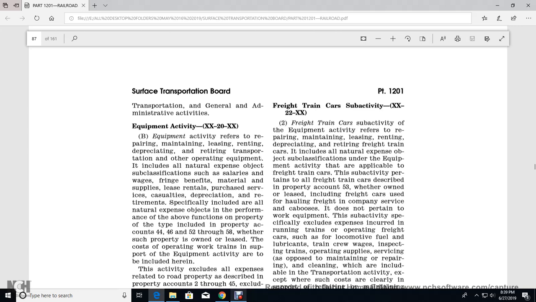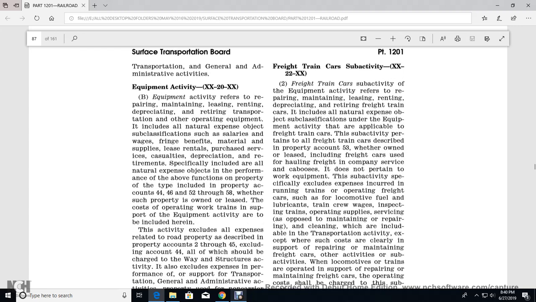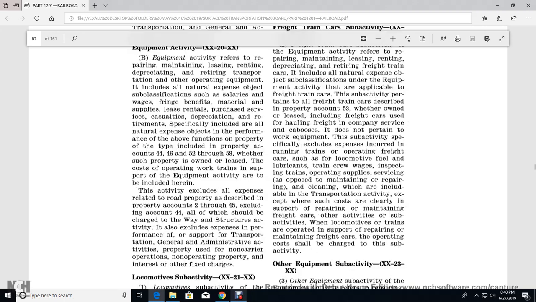account 53, whether owned or leased, including the freight cars due to the hauling rate of the company, but the cabooses do not pertain to the work equipment. The sub-activity specifically excludes the expenses that are included with the running of the train, operating of the freight services, the locomotive, fuel and lubricants, train crew wages, inspection, and train operating supply of services, as opposed to the maintaining, the repair, the cleaning, where included in the transportation activity,